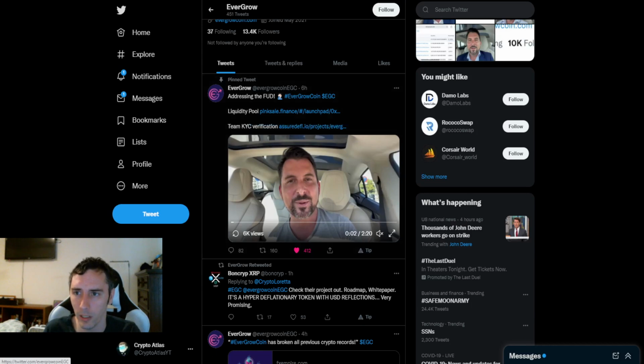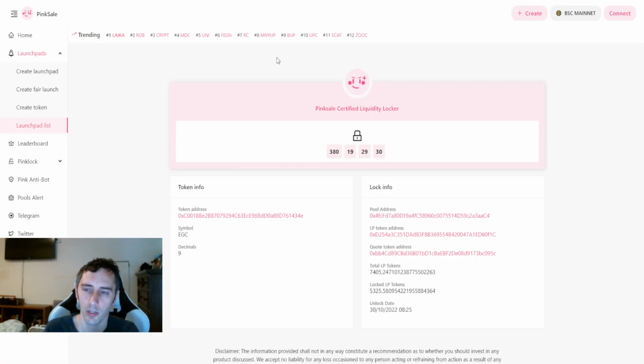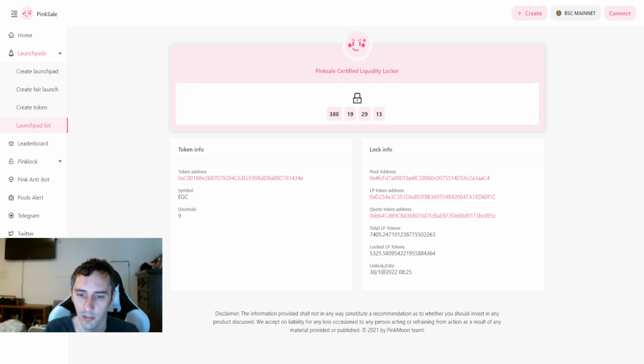Then you also have the liquidity pool. This liquidity pool is being locked. There is a portion of that showing up right here. This is through a locker. Just like how SafeMoon has $250 million through Docs Locker, this one is using a different locker called the PinkSale Certified Liquidity Locker. As you can see, it shows you how much time is left in there, and the lock date is October 30th of next year. So that's got over a year. I actually just noticed that. I thought it was this year.